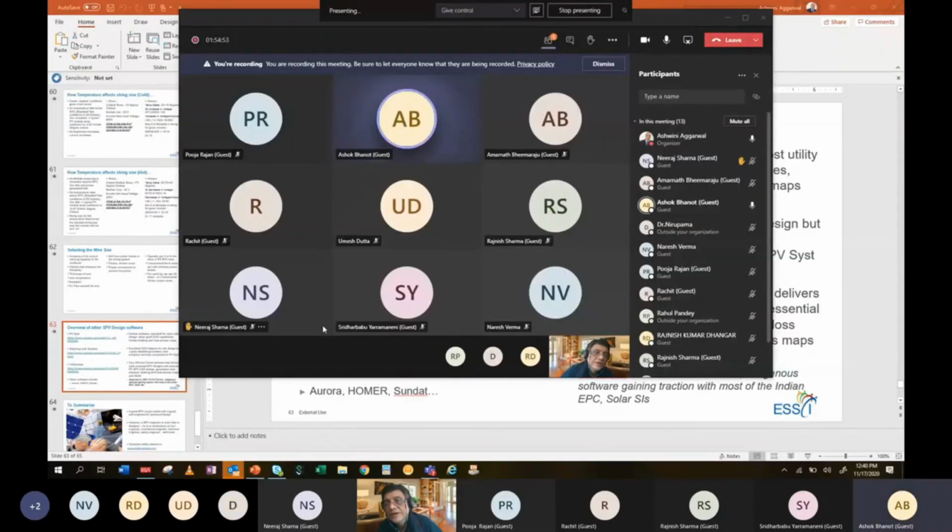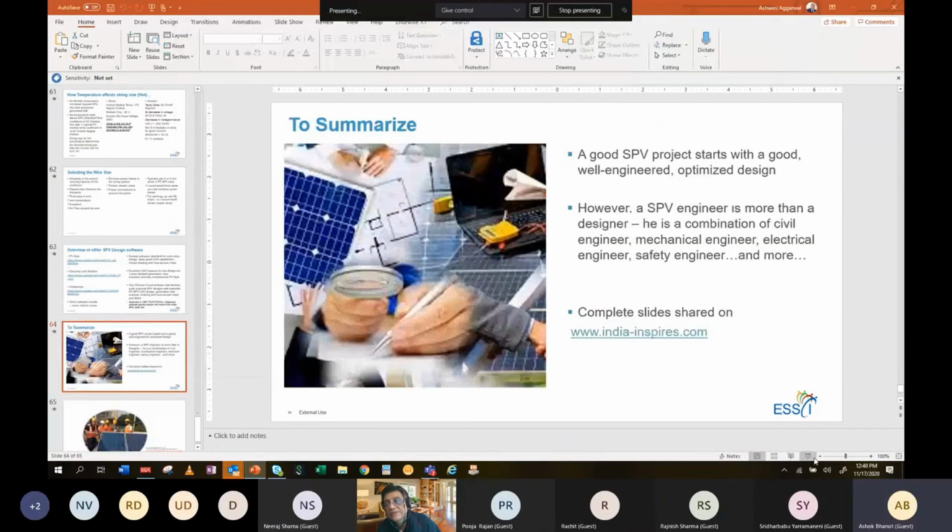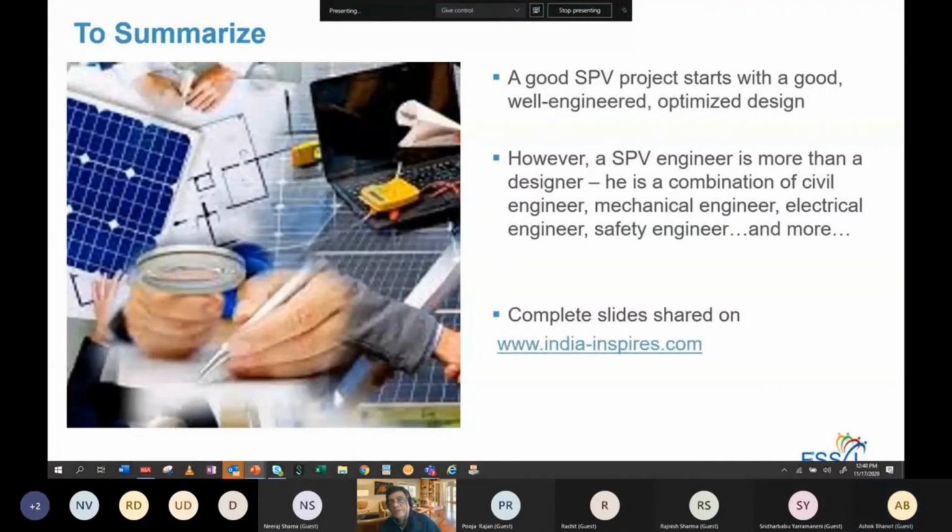This completes the 4th session of the solar PV design training for you. Please experiment. Please feel free to be in touch with me on any queries you have. By and large, this is the starting point for your SPV journey. But you will go through a lot more as you actually do the hands-on on site creation, the electricals, and safety practices, and it will be a pretty enjoyable journey.